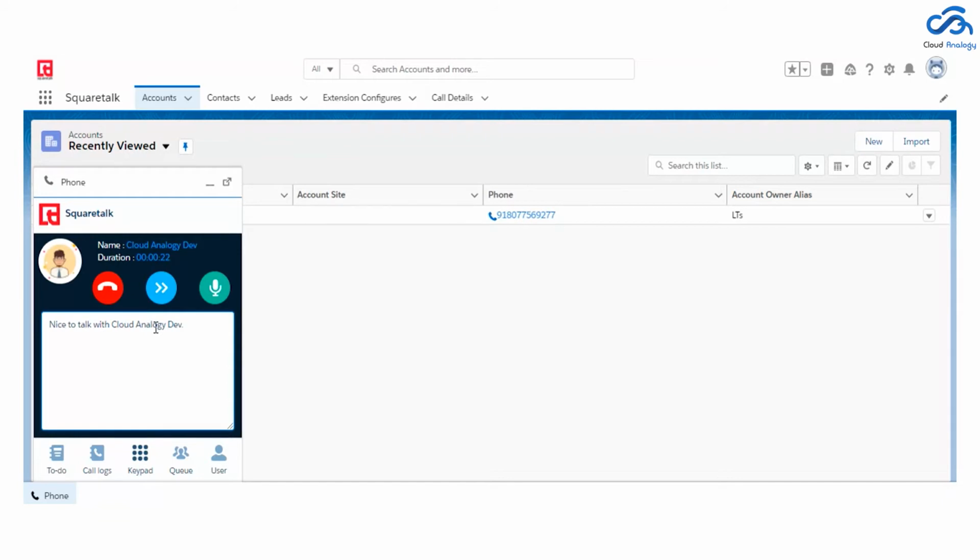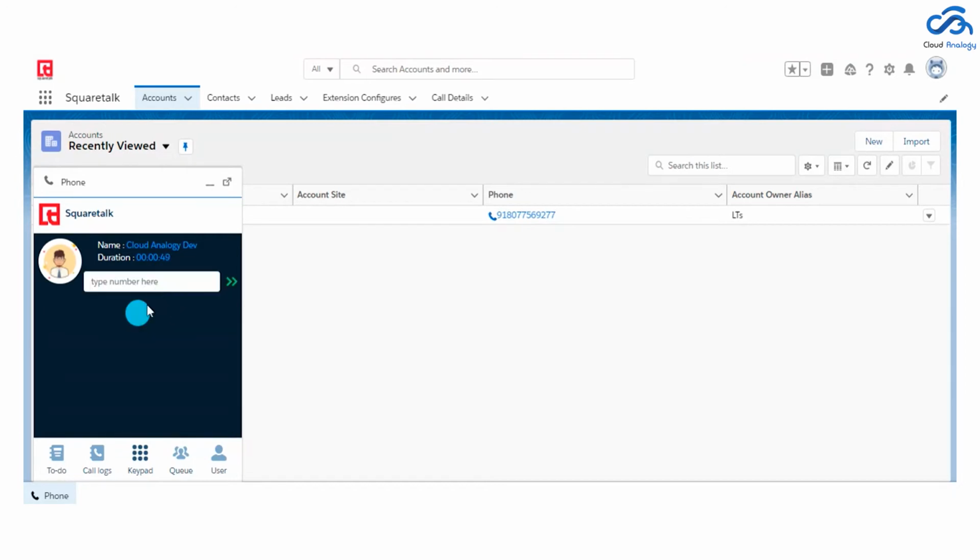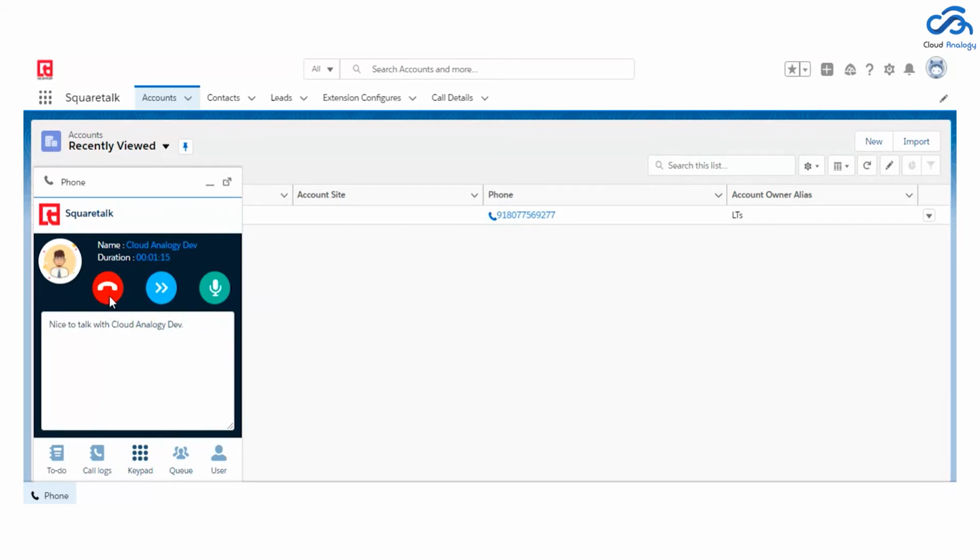You can also use the mute button that would be used in Salesforce and accordingly unmute yourself. Here we have the transfer button in which you add any number here, and the call will be transferred to the other number. But for now, we are using this internally. You can also add the extension number where your current call will be extended to a different number. And here we have the hang up button in which the call will be disconnected.